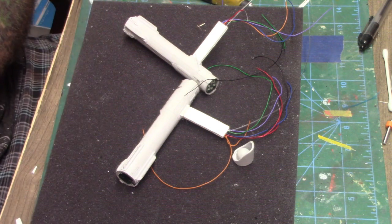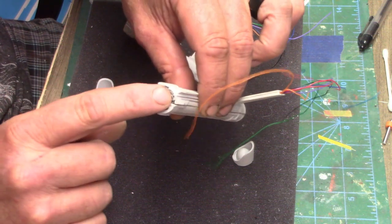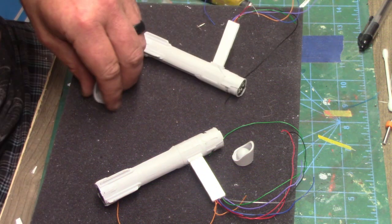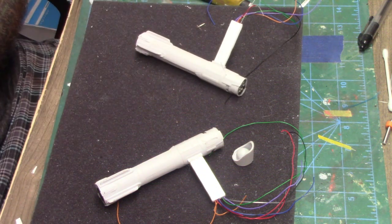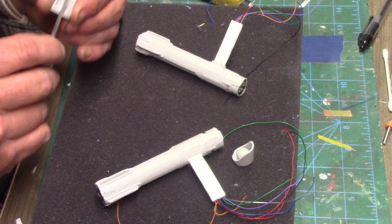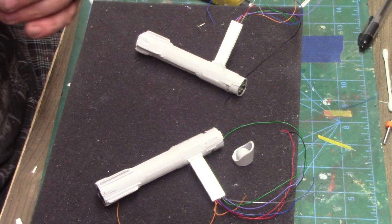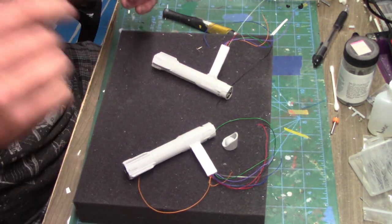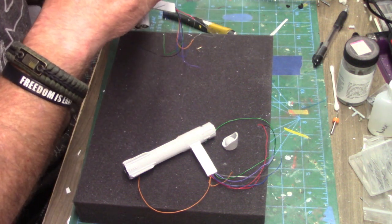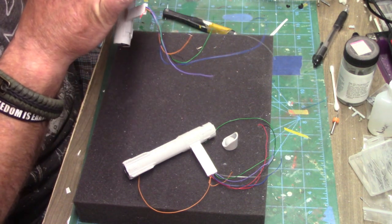And what I mean by that is on the ends of these, there was some extra flash on it, so make sure you get those off and get those sanded down well. And then also, try to get as much on the parts as you can, because if you're having an issue with it, you're always going to have to fix stuff. You're going to have to add things and do that, but